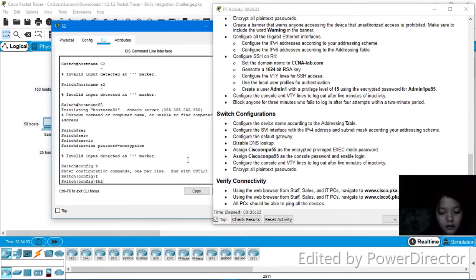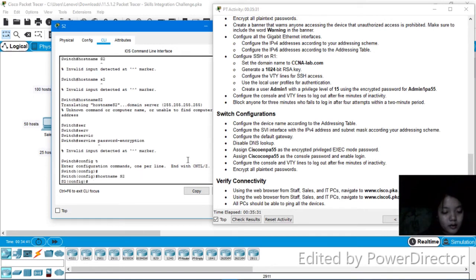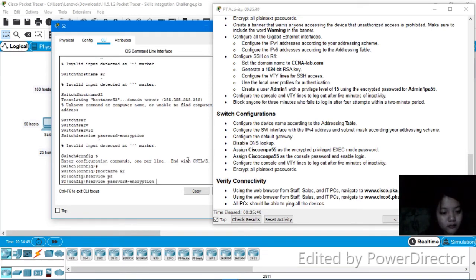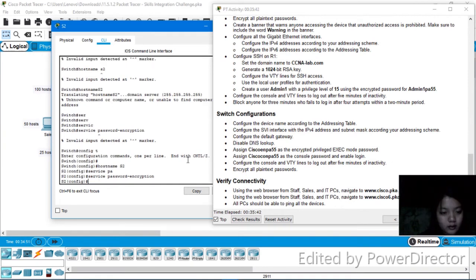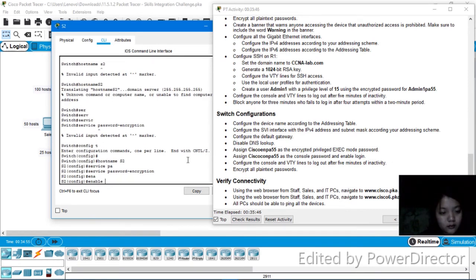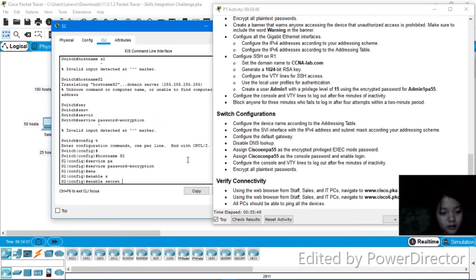Then the host name, and then we'll put the service password encryption. After that, we will put the enable secret